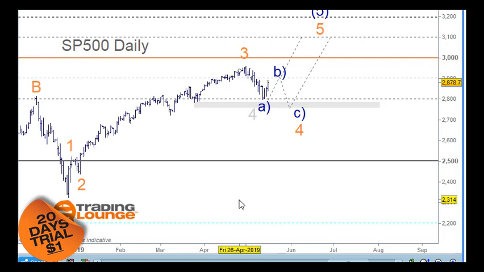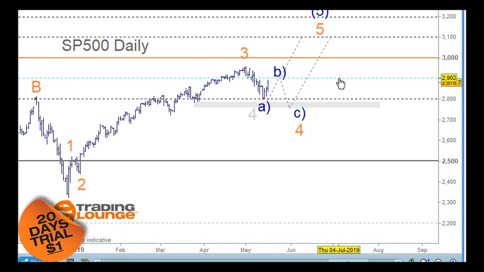So we are looking at wave 1 and 2 here, all the way up for wave 3 here, and we're looking for wave 4 here. So wave 4 can be here or it can be over here. On our website we've got this move down through here labeled as a bit of a complicated corrective pattern, and that's fine. So that could be wave 4 here, and as I mentioned last time, the 61.8% retracement level is